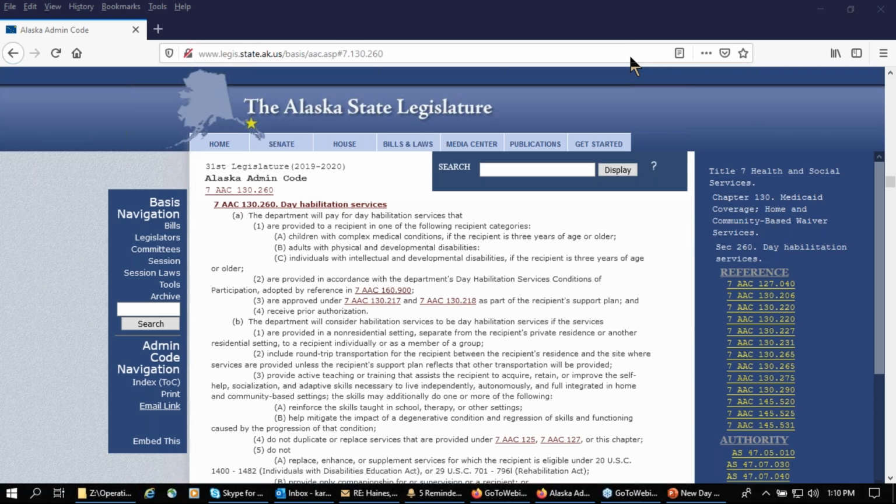So basically, if you have a current support plan, whether it was done on the shortened form the care coordinator could use for plans that didn't have any changes, no matter what form it was done on, and it has day hab on it, the new regs will come into play upon your renewal, as long as it occurs after January 1st. So January 1st is the day that we'll evaluate that.